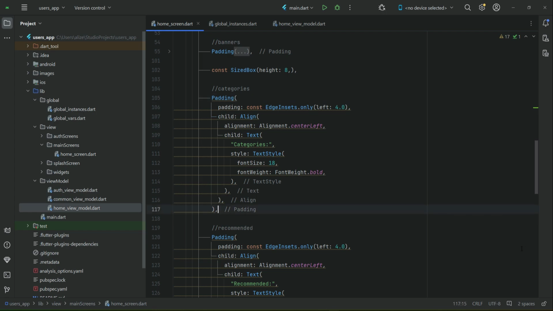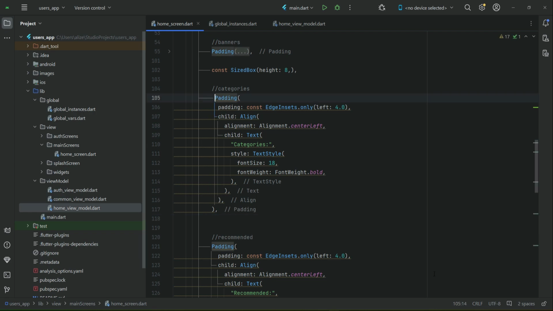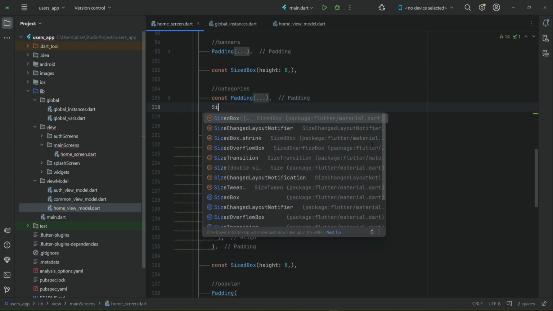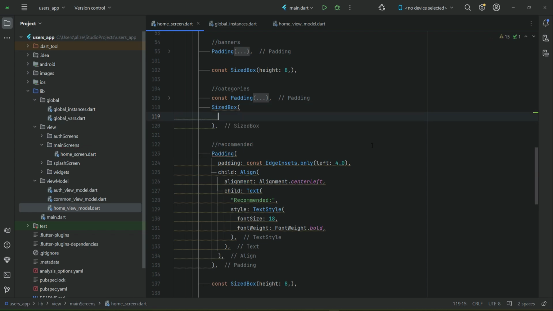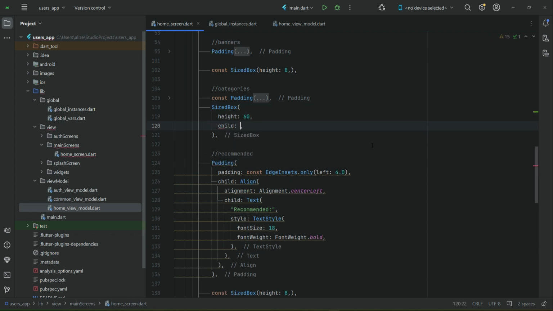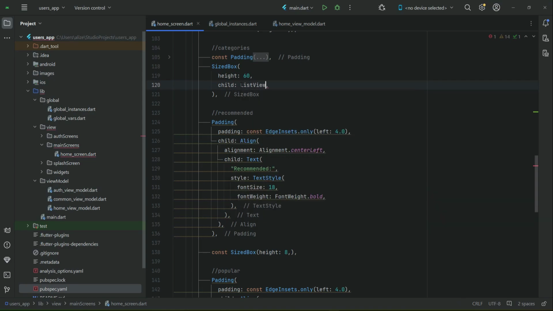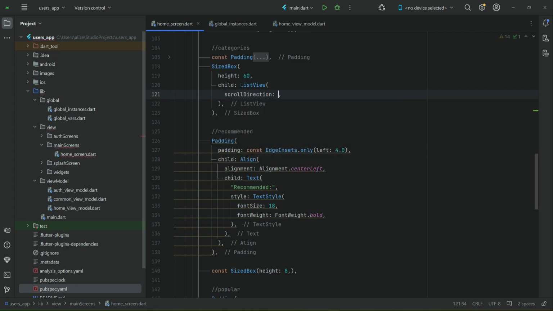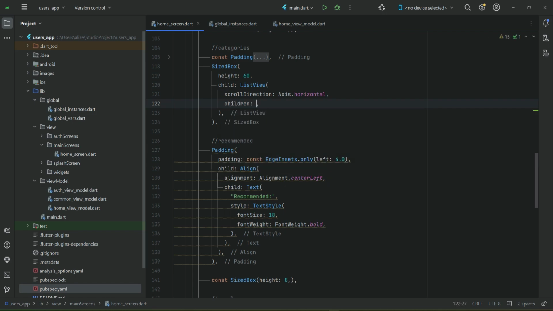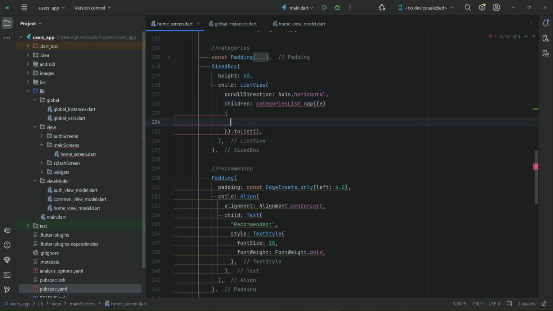After this categories, make sure to add here const SizedBox, height will be 60, child ListView, scroll direction will be Axis.horizontal, then children, and we have our list which is categoriesList.map.toList, and then we can say return